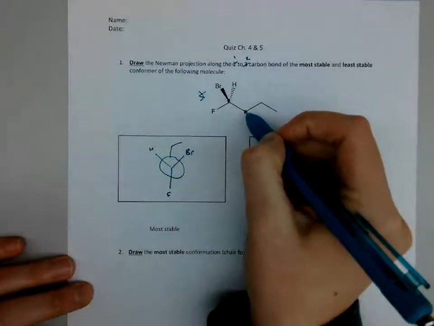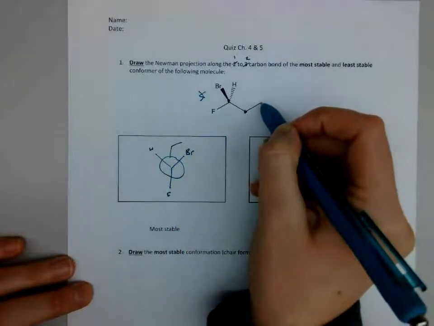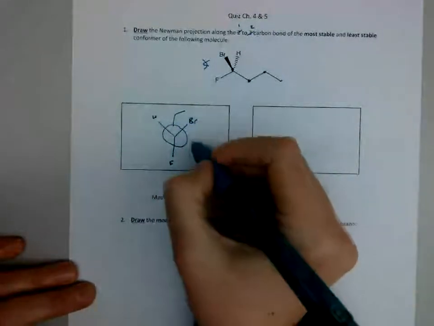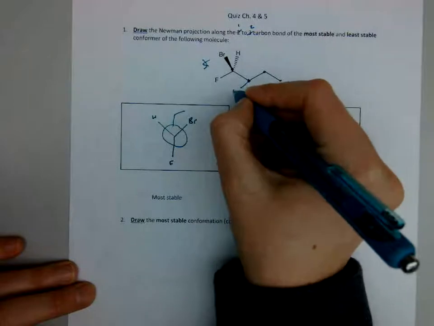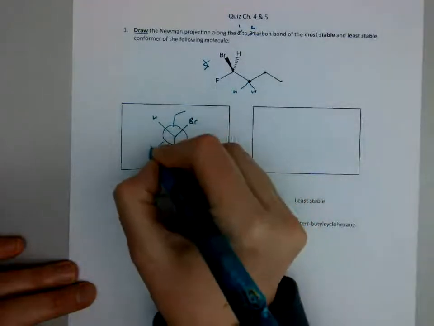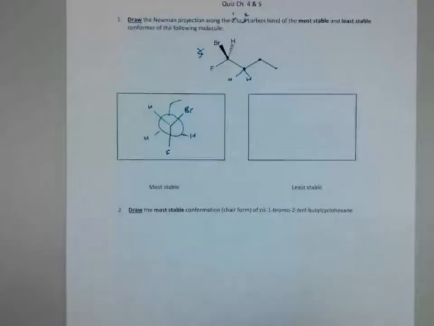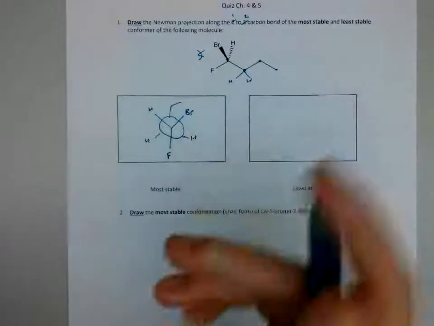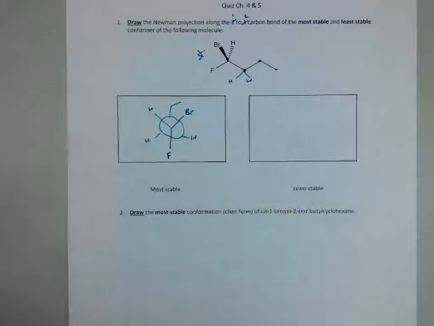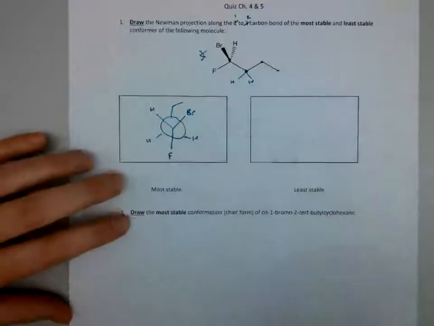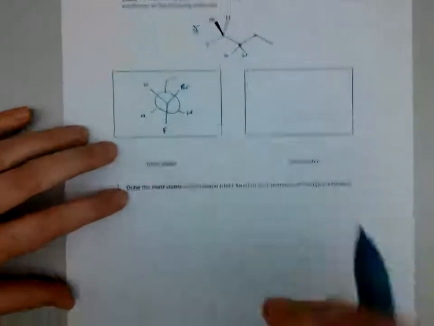Sometimes people will write out CH2, CH3. Either of those is fine. And then there are 2 hydrogens here and here. And it doesn't matter if they're a wedge or a dash, because it's the same if you flip them. There's not a stereocenter there. Okay, so that's the basic conformation, but I'm supposed to be drawing the most stable, so I shouldn't have drawn